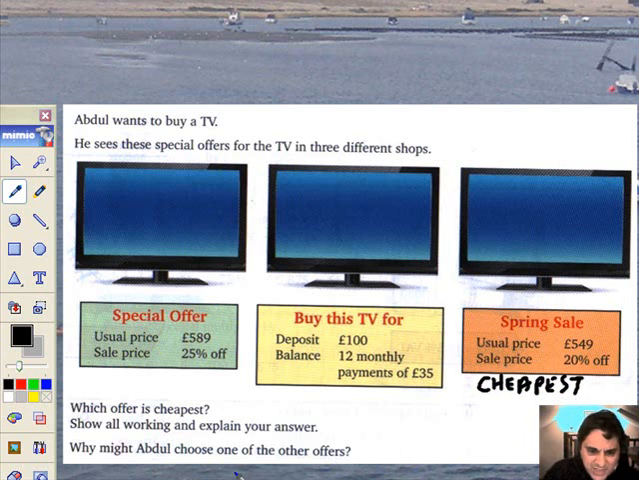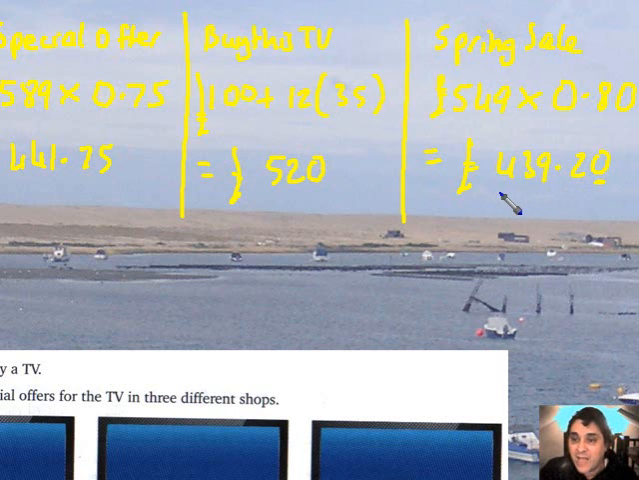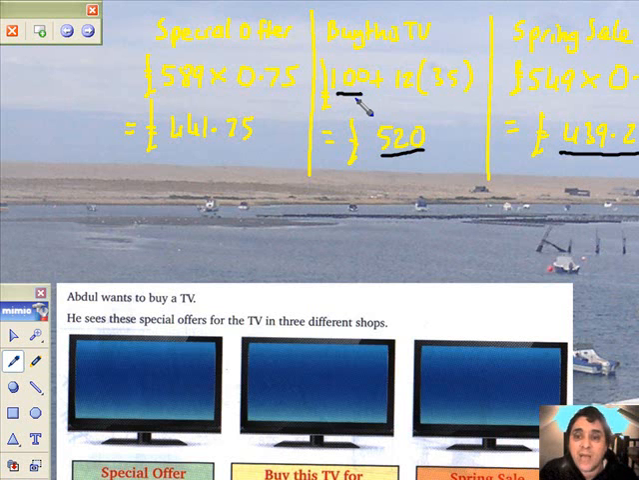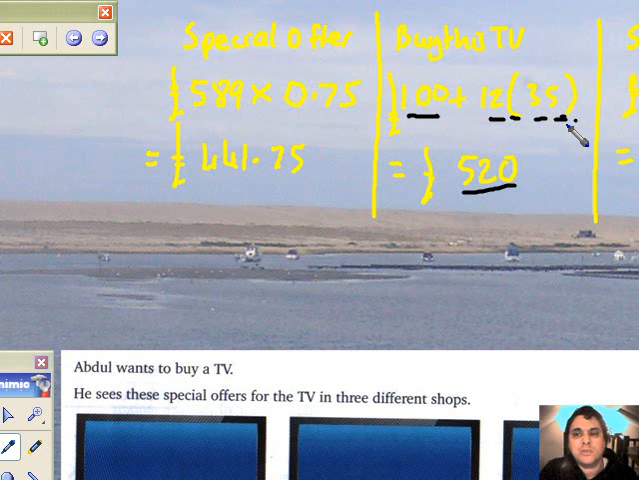And I won't write this down, but it says, why might Abdul choose one of the other offers? Well, he may not be able to afford to pay £439.20 in one go. He may prefer to spend more money but put only £100 up front and then pay in small instalments. So simply, he may not be able to afford that amount of money, but he'll be happy to pay a lot more in the long run, but just pay in small monthly instalments like that. 12 lots of £35 on top of 100, and that's the only other reason really. Okay, I'm going to stop there, and these